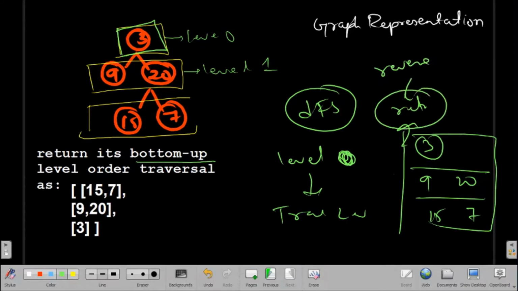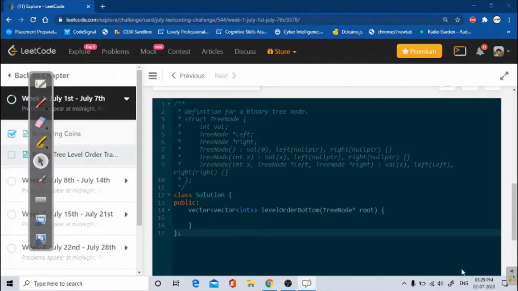So let's code now so that you will get more clarity. First of all, because we have to return a 2D vector, I have to create one 2D vector, and let's give it the name result. First I have to check if root is null. If it is null, we just return the empty result, that is the empty 2D vector.